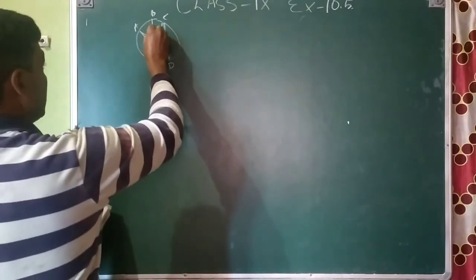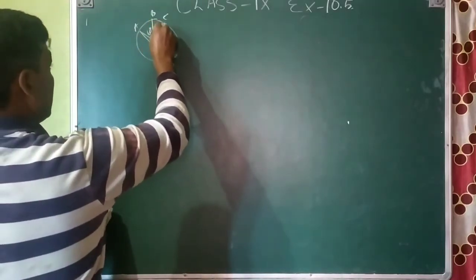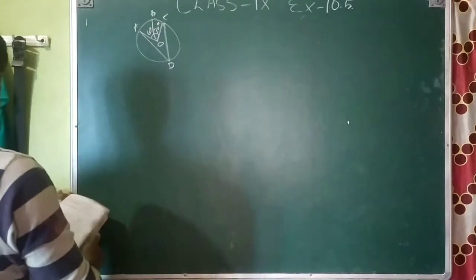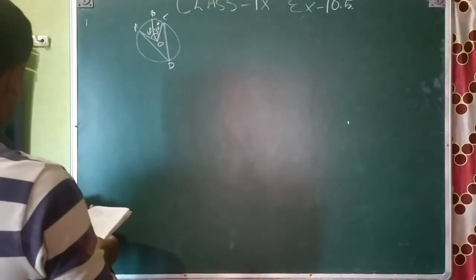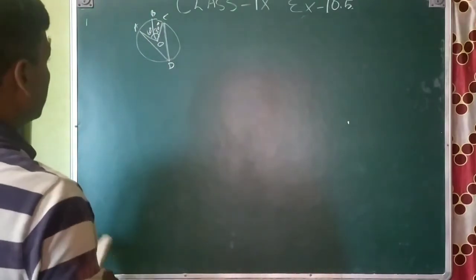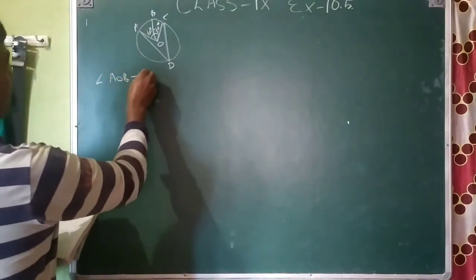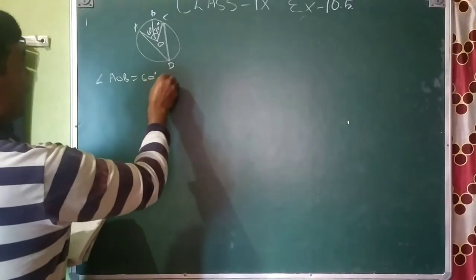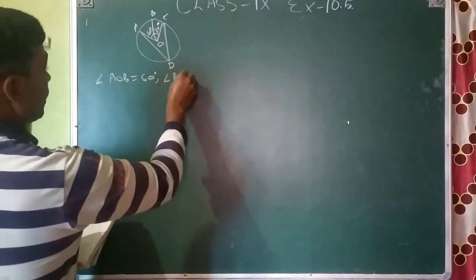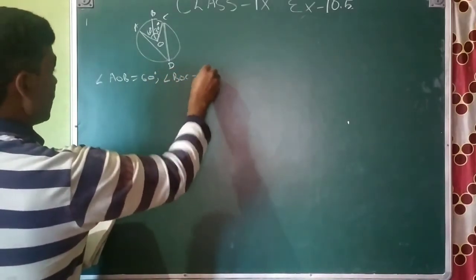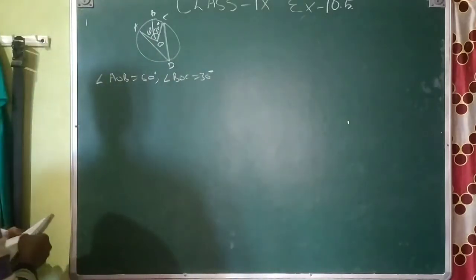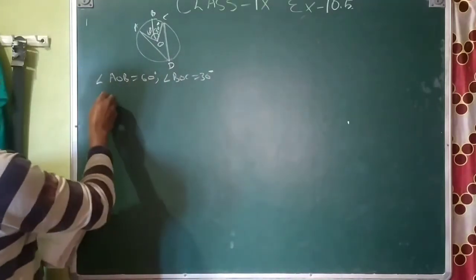This is the 60 degree and this is the 30 degree. So we need to find angle ADC. Angle AOB is equal to 60 degrees, angle BOC is given as 30 degrees in this question, and then we need to find angle